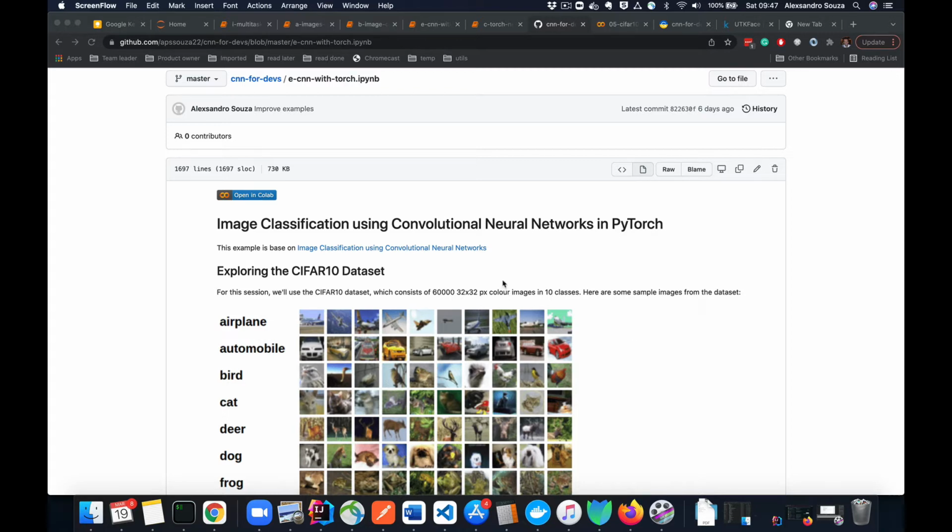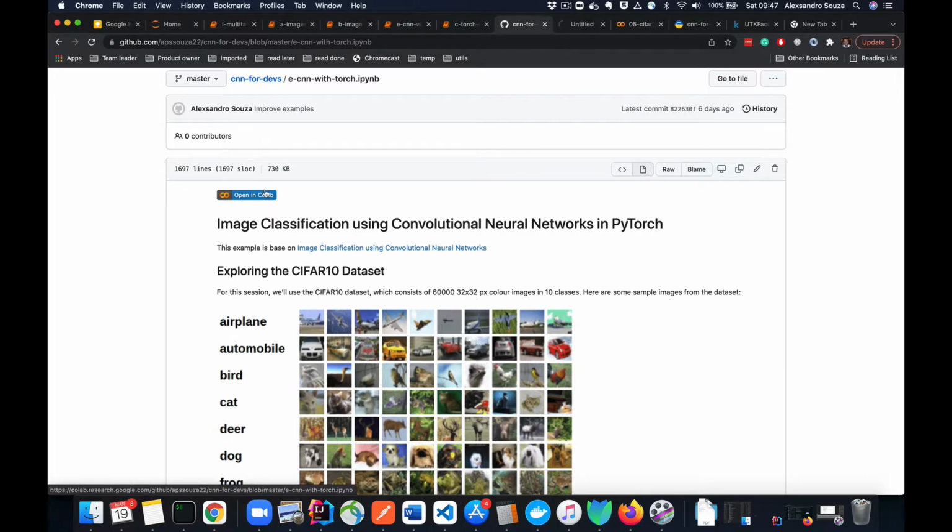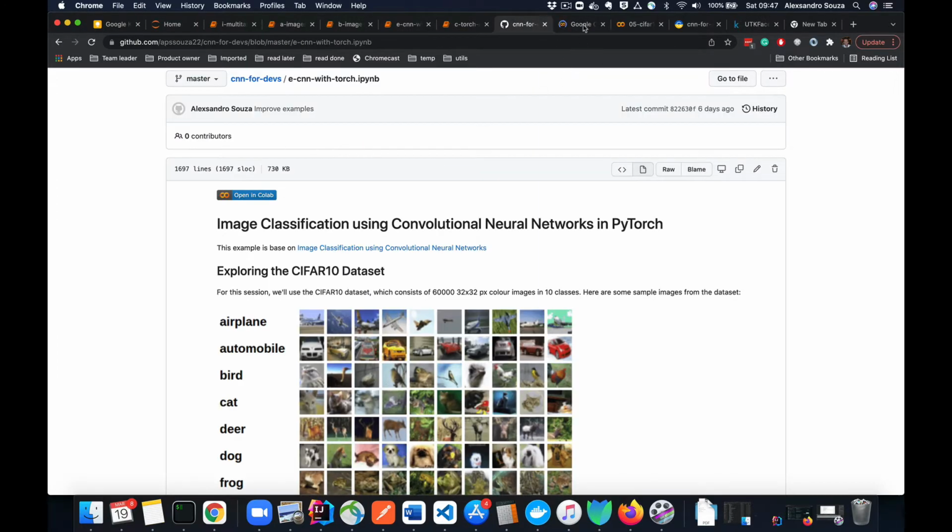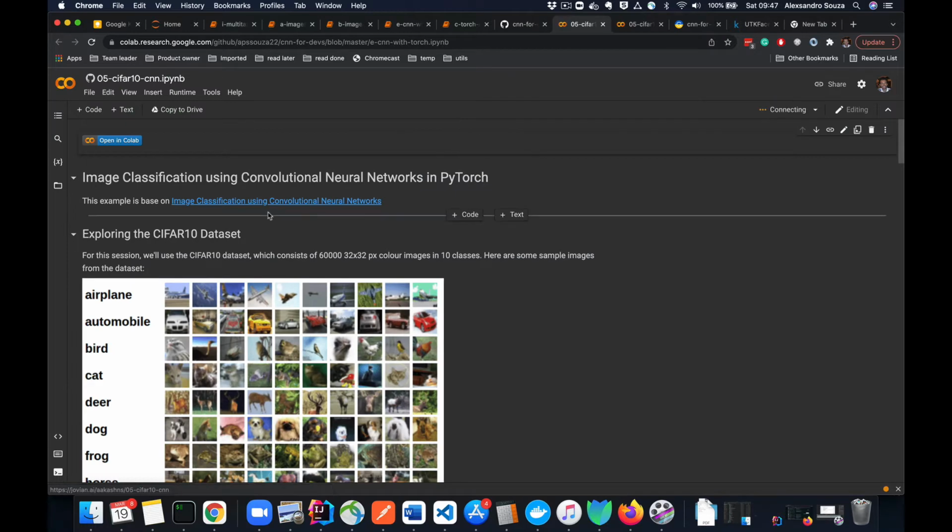So this example we're going to run using Colab, because we are going to be training our model, and this will take some time if you're running on the CPU. I don't have a GPU here on my machine, and therefore we are going to use Colab. That's the best option for that. When you click on that button here, you're going to open your notebook straight in Colab, ready to run. I've already run it here